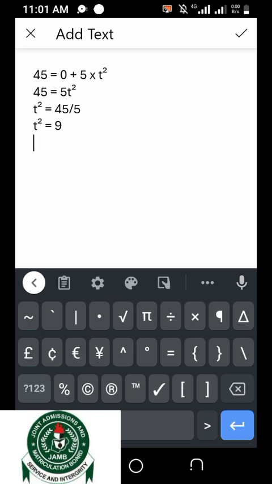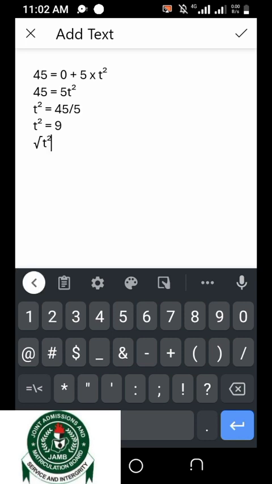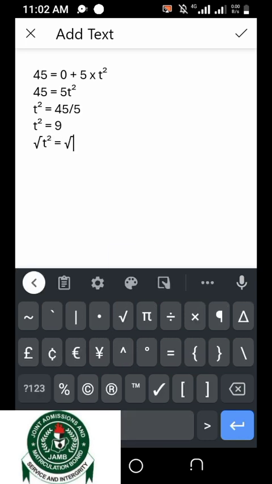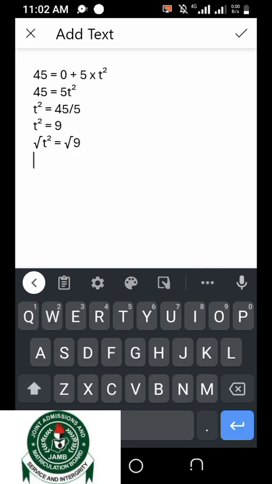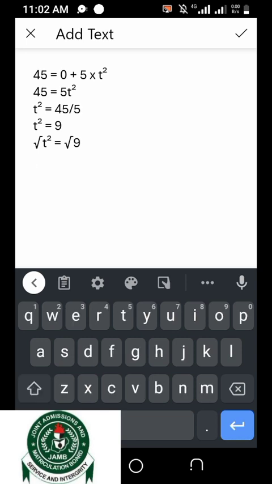So the square root of t squared equals the square root of 9. So we're left with t, which is equal to